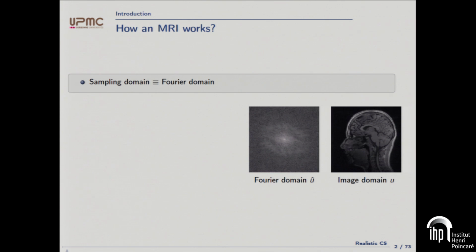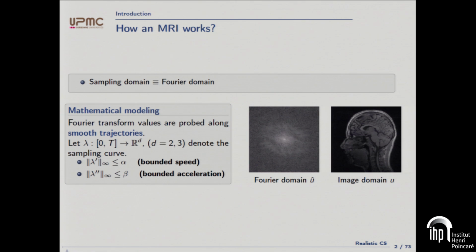In MRI, if you remember what Anders said, you have an image u that you want to reconstruct, but you observe only the Fourier transform of this image. And actually, you don't want to observe it fully because, well, it's long. So you are allowed only to sample